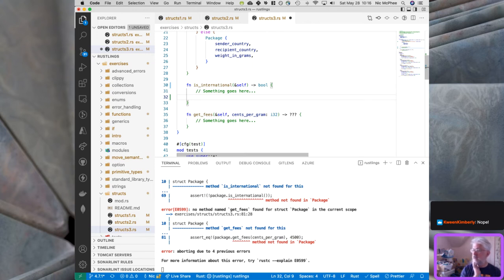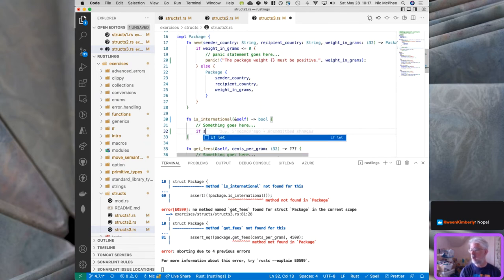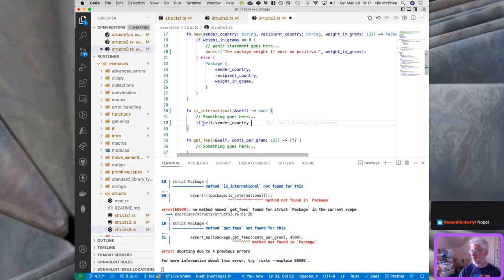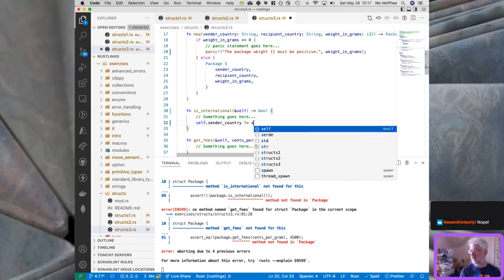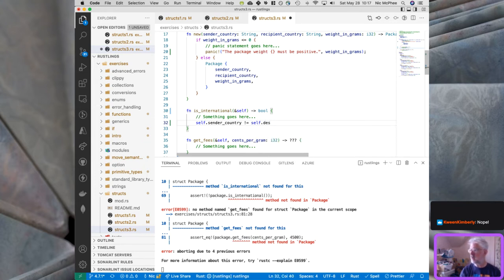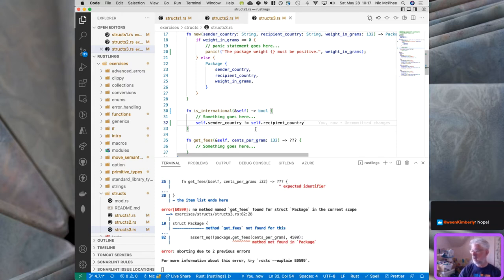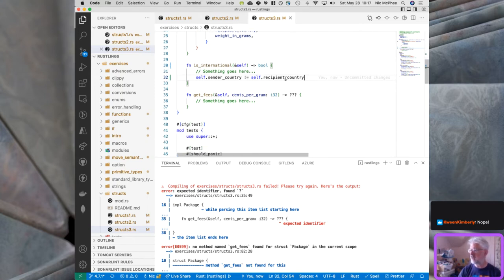And then we need to say if, now because we're in the, I think it's self.sender_country. Now I don't know how to compare two strings. Oh, and actually we don't really need if, because we're just going to say this not equal to self.recipient_country. Does that part compile? Does. Okay. So it's international if these two things are different. Now, I don't know for sure that this works, and I want to look that up later. But, and then get_fees, that's going to return,